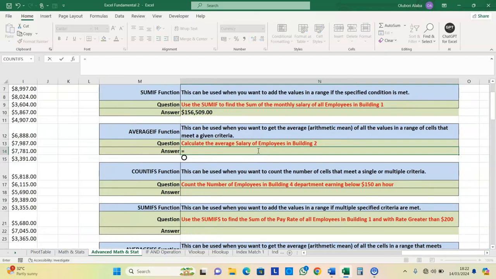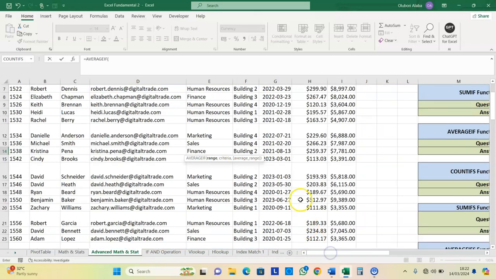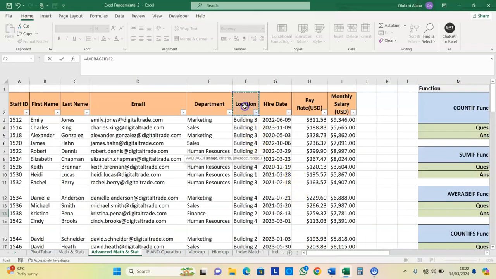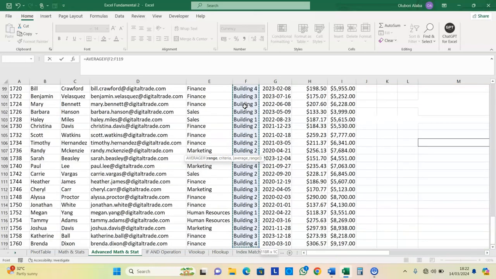Say equals to AVERAGEIF, this is AVERAGEIF, and then it says the range. So what is our range? Our range is the location column, because that is where we can find building 2. That is where we can find building 2. So just press